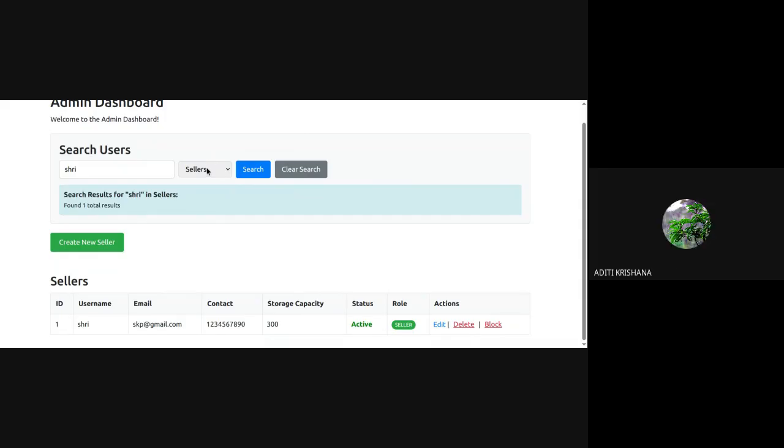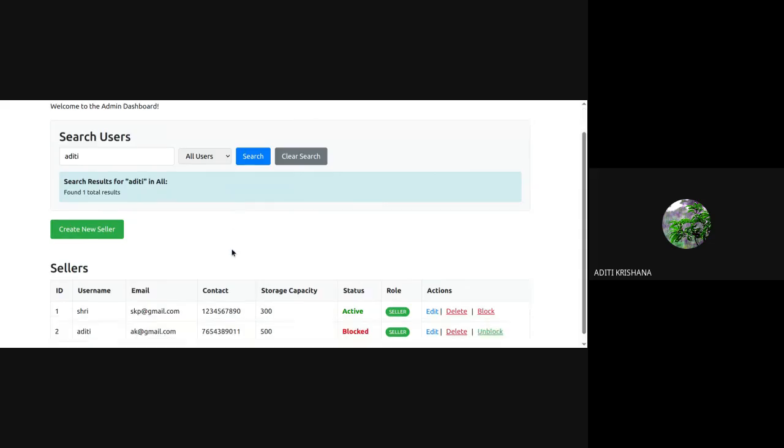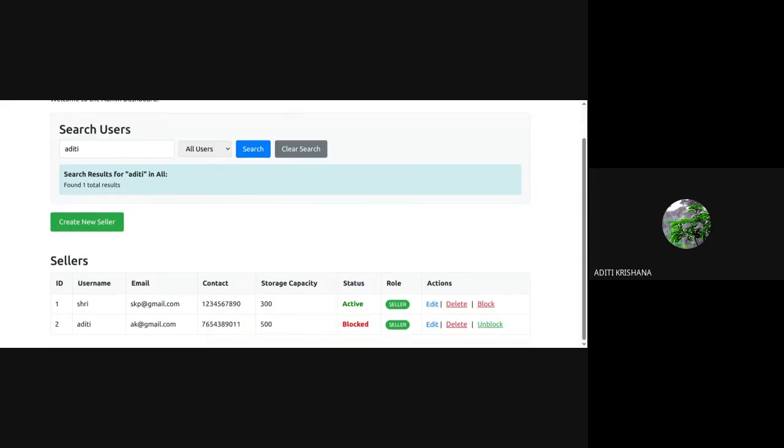No, it's not like that. In all users, I have selected only I, right? Just a minute. Okay, I will search for Aditi. Oh, yes. In all users, it shows all the data and only the total.